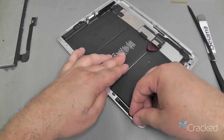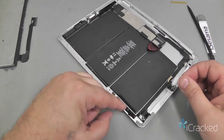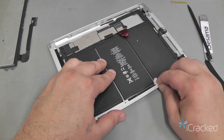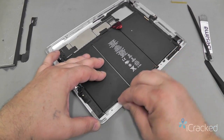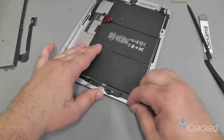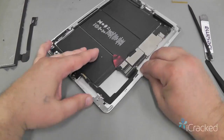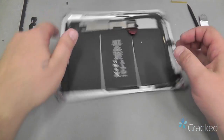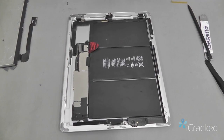Now you want the frame as clean as possible, because the cleaner the frame is, the better your new digitizer is going to adhere to the metal. If you have a lot of adhesive and debris left over, then it's not going to stick too well, and it'll end up over time popping off on you. Okay, and I'll go ahead and let that sit there and let the alcohol evaporate off, and then we'll start